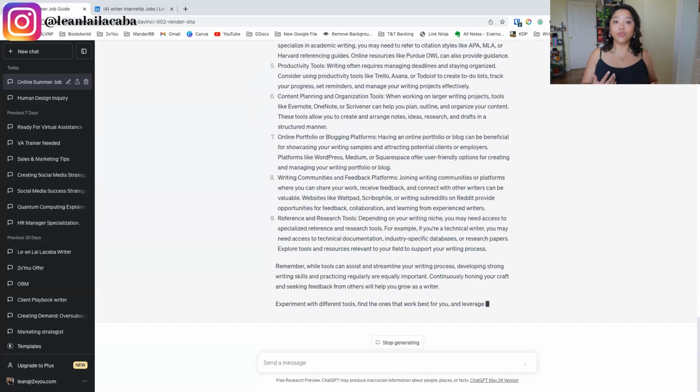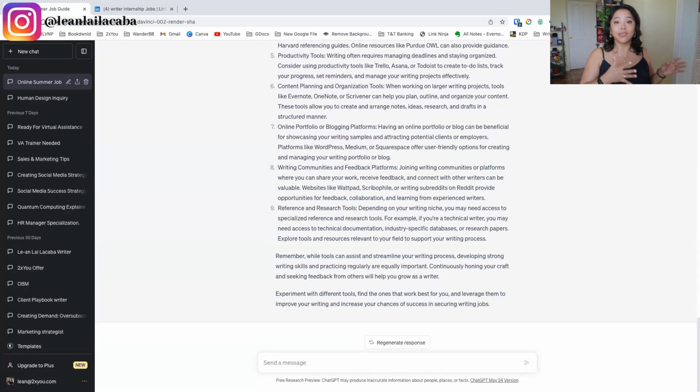So for me, what I would do is I would look at this list and try to pair up which tool I want to use for what. So again, if it was for me, I would be using Notion, just because I love Notion. I'm currently writing my book on Notion. So as a writer, even until now, I'm still using Notion for all of that work.